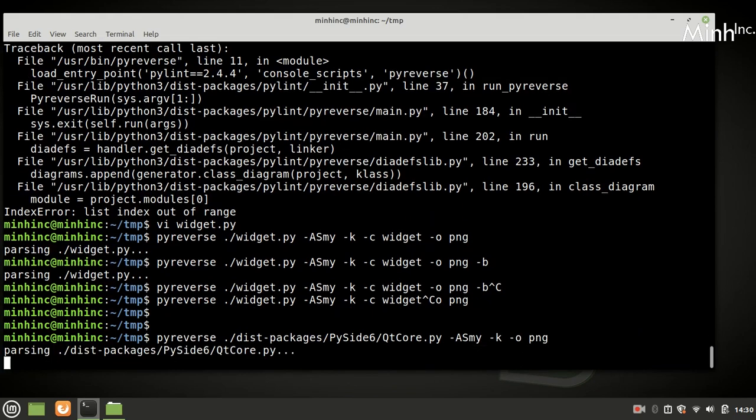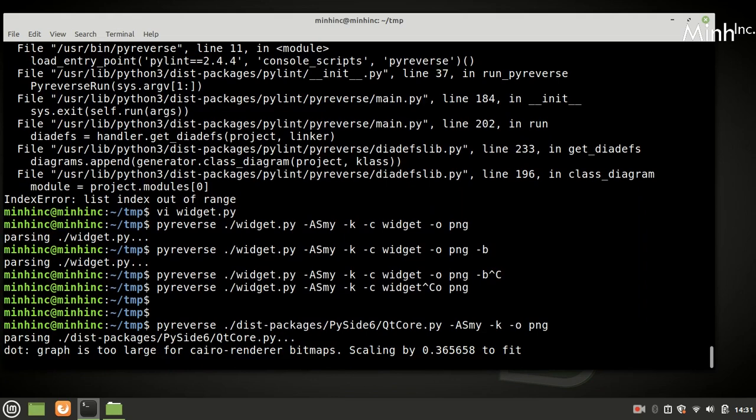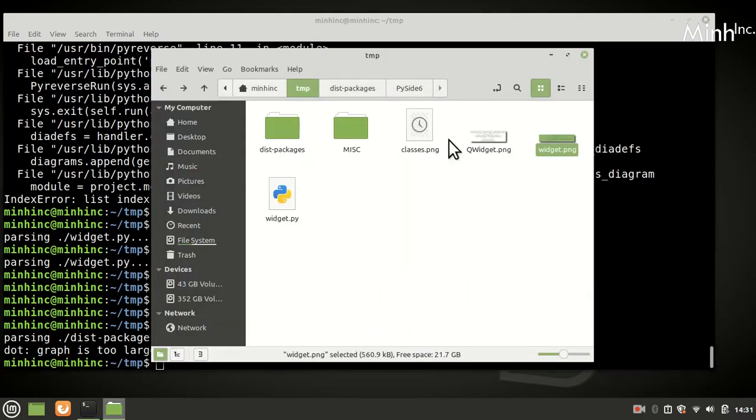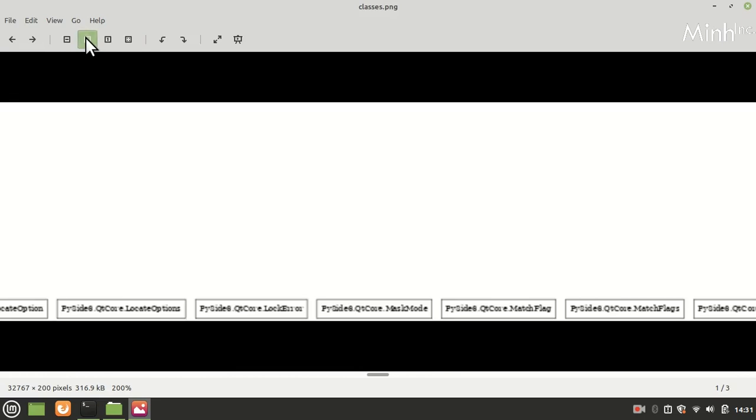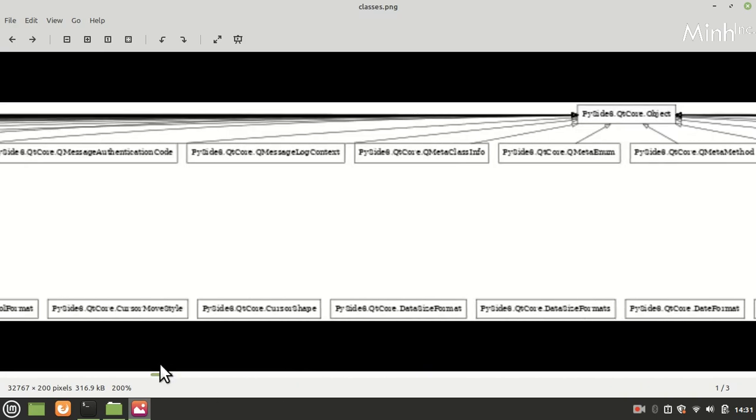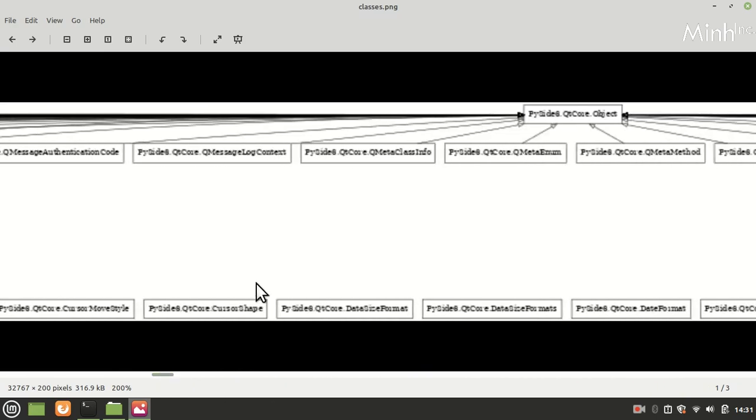We'll try now. It is a very big graph, and it would come under classes. It's really big, and this would draw all the classes in the file. It can be seen everything derives from QObject, and like so.